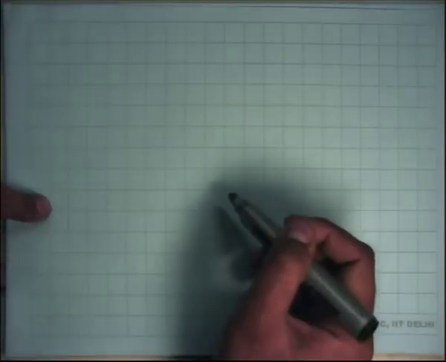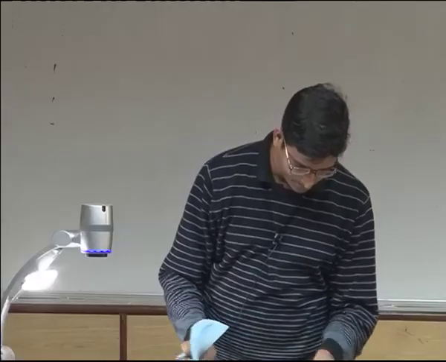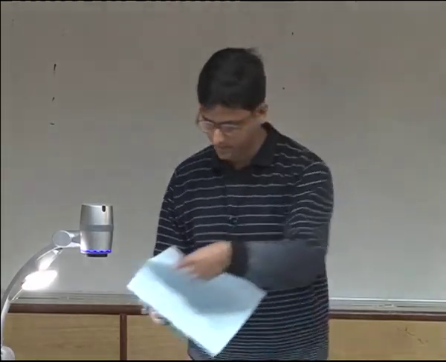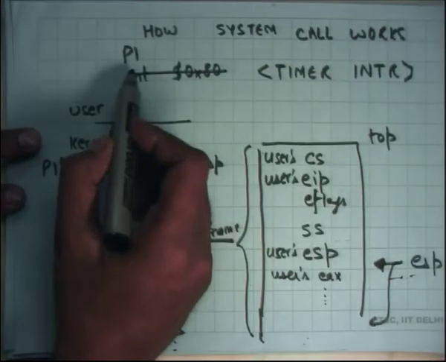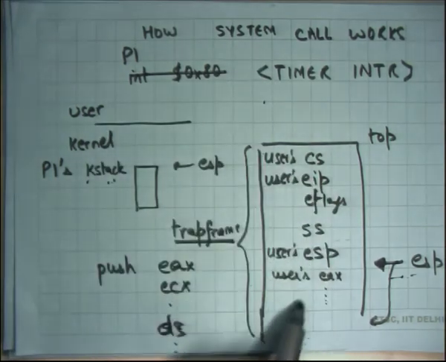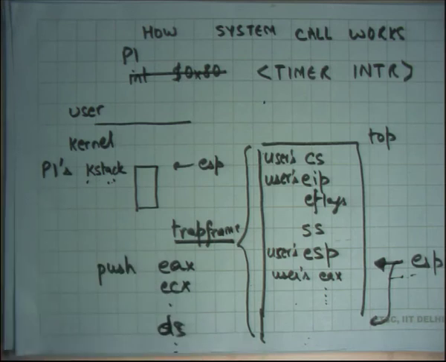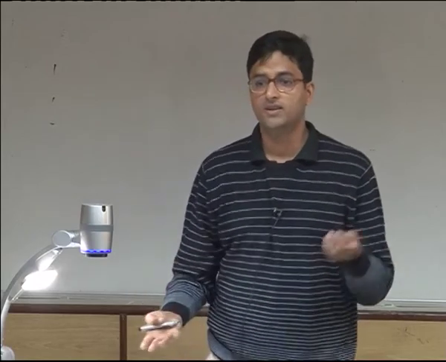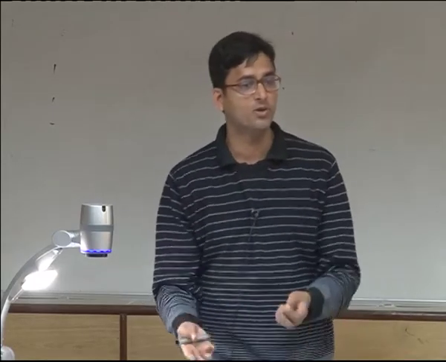Okay. Finally, I gave you an example where the timer interrupt occurred while the process was executing in the user mode. P1 was running, and the timer interrupt occurred in user mode, and all this started happening after that. But can a timer interrupt occur while the processor was already executing in kernel mode? Yes, why not? The timer interrupt has no idea whether you are executing in kernel mode or not.